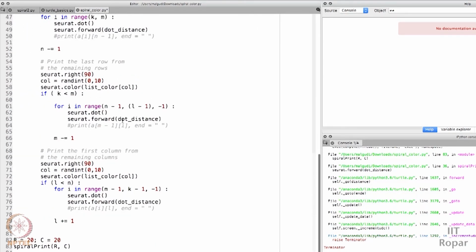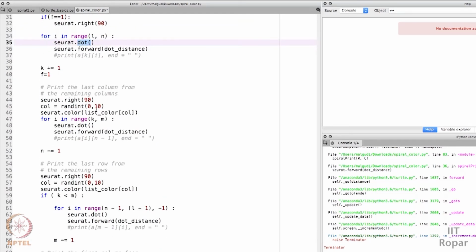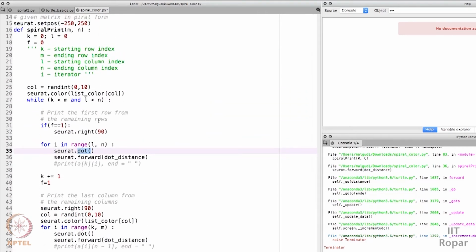It is the same program which we wrote in the last video, only with a little bit of tune-ups. So you can create your own program, you can change this. I will recommend you guys to please change the program and create your own pattern using the spiral order only. You can create different things also. One more thing you can do is, rather than going from the first element, which is present at 0, 0, and going to the middle element, you can start from the middle element and go in the reverse spiral order to the first element.